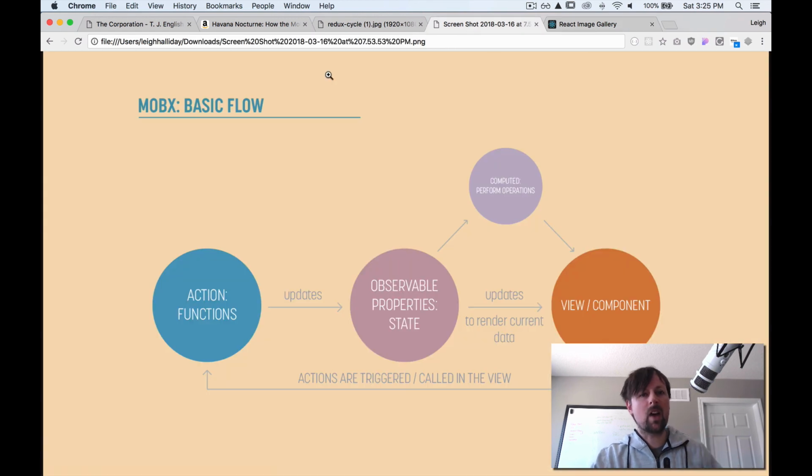Oh, I almost forgot. I got this nice little diagram I wanted to show before we get into Redux. So basically how the MobX flow works is that we've got actions, which are just functions. What they do is they can update the observable properties, which is our state. And then those changes get sent down to anything that is observing the observable properties, which in this case is our component. There's another thing we didn't talk about, computed, but they basically can derive information from our observable